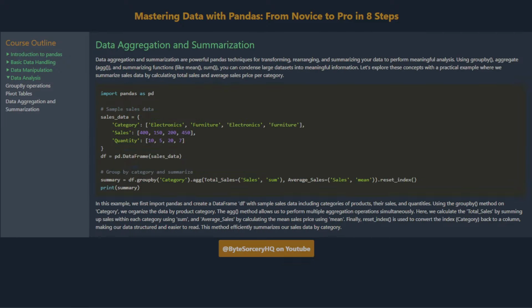Data aggregation and summarization. Data aggregation and summarization are powerful Pandas techniques for transforming, rearranging, and summarizing your data to perform meaningful analysis. Using GroupBy, aggregate, and summarizing functions like mean and sum, you can condense large datasets into meaningful information. Let's explore these concepts with a practical example where we summarize sales data by calculating total sales and average sales